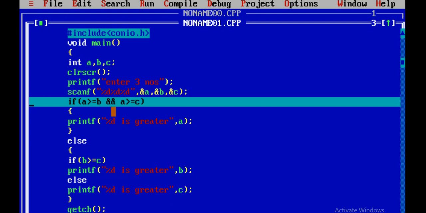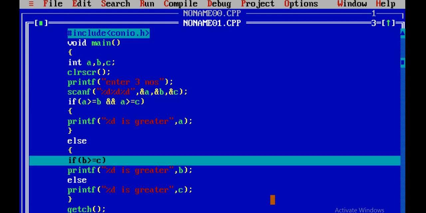So what is the logical operator AND? Only if both the conditions are true will the entire condition be true. Here this condition is false, this condition is true. So completely the condition is false. So control will enter into the else block. Now check out, I am pressing F7. Now it is not entering into the if condition. Why? Because the condition is wrong. Now under the else we have one more condition. So this concept we call a nested if else.